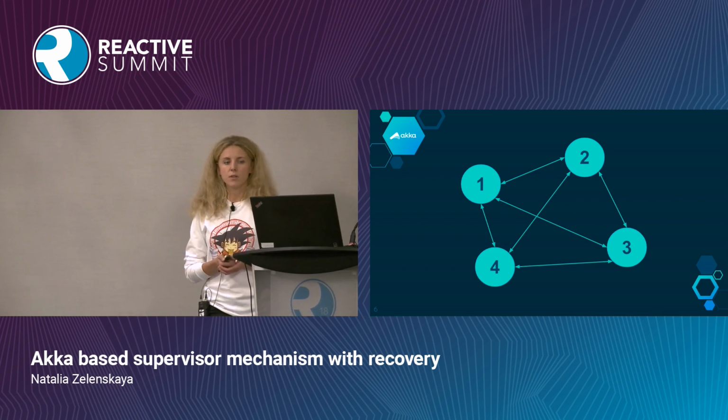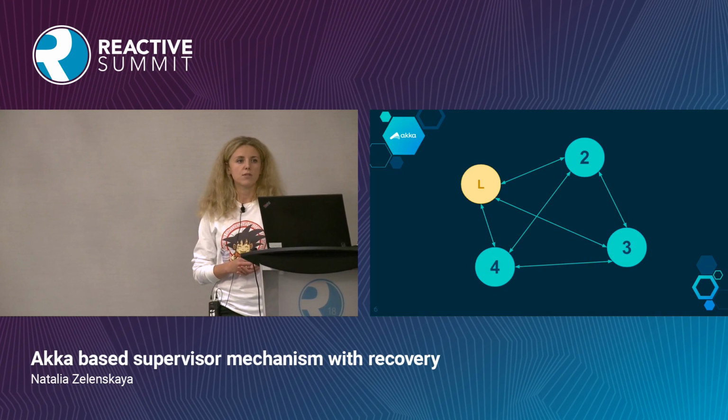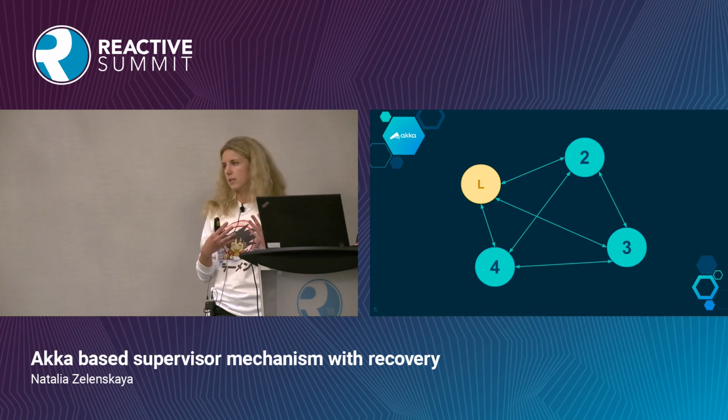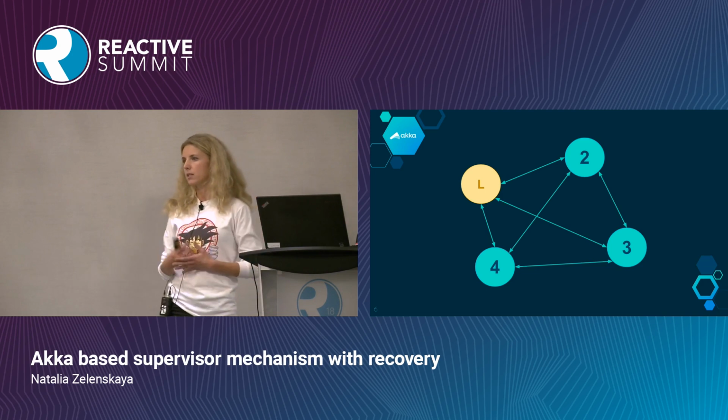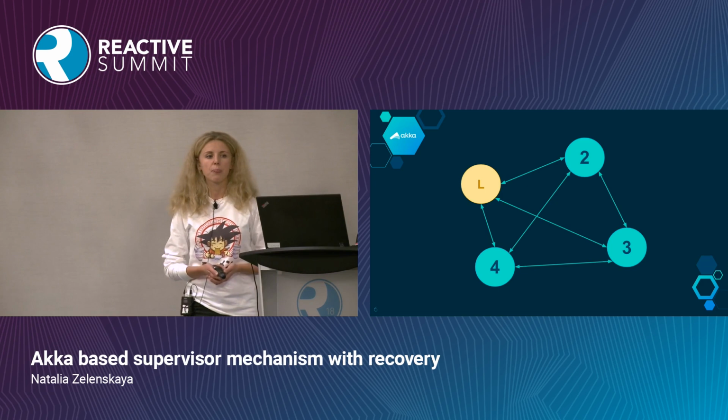There is also a single node in the cluster that plays the leader role. This node is responsible for cluster convergence and membership state transitions. For example, if a new node is going to join this cluster, it will use the well-defined ports to connect to all members, and by gossip protocol, they will all be aware that there is a new node joining. And it's the leader's responsibility to detect this node and make it a member of the cluster, so it can say that the member is up, there is a new node in the cluster.